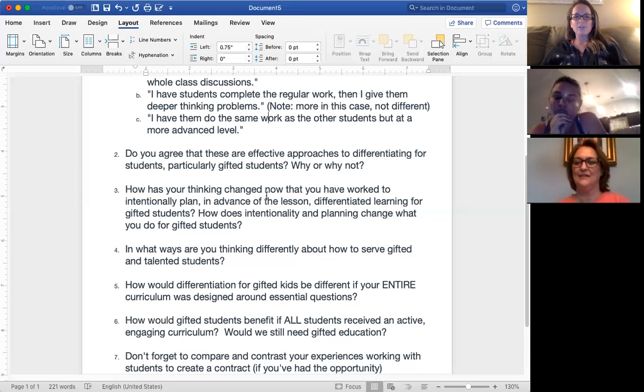Kind of piggybacking off what you said for number 3, like I said earlier, my thinking was that differentiation is only the content. But after reading about this whole content, process, product, learning environment stuff, it's crazy. I feel like I actually differentiate way more than I thought I did. For learning environment, I'll let my kids work outside or in a hallway where they don't have direct access to me, and they have more independent and collaboration time. Process is really hard for me.